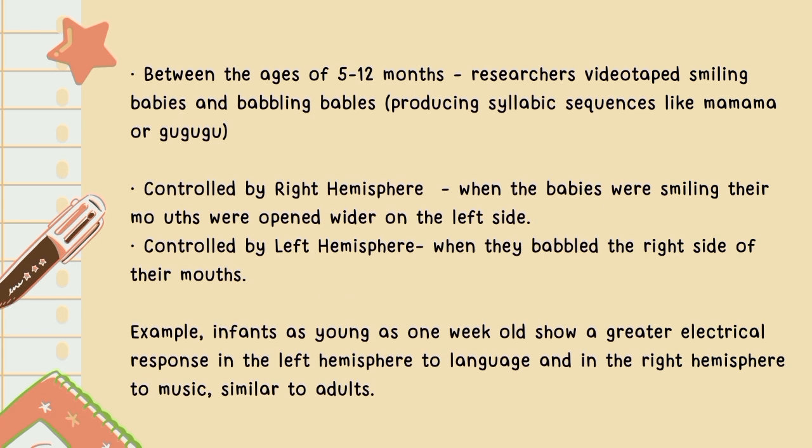Between the ages of 5 to 12 months, the researchers videotaped smiling babies and babbling babies producing syllabic sequences like mama or gugu. Smiling is controlled by the right hemisphere. When the babies were smiling, their mouths were open wider on the left side. It means that babies' mouths open wider on the left side when they smile, showing the right side of the brain controls emotions, while the